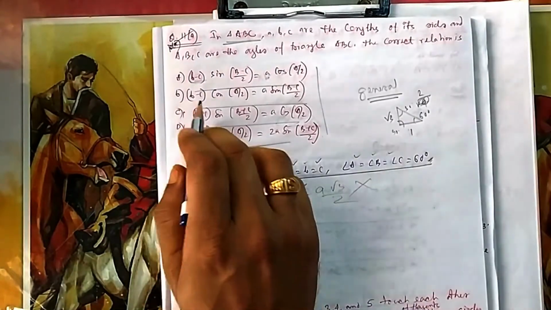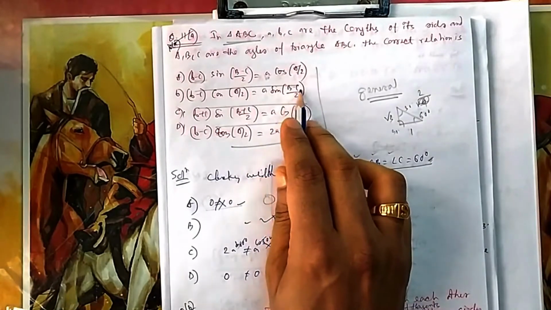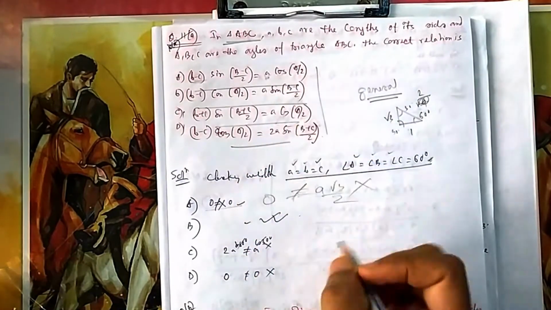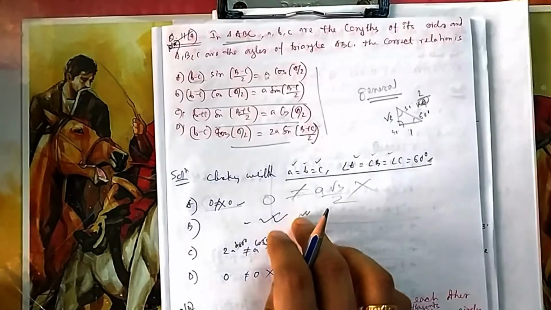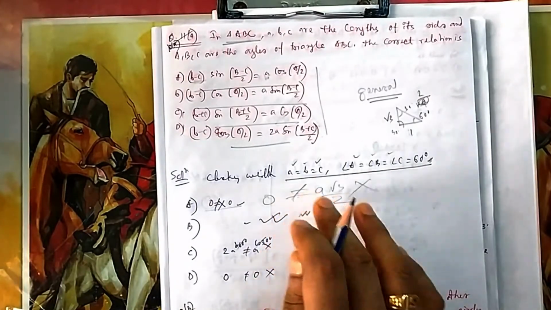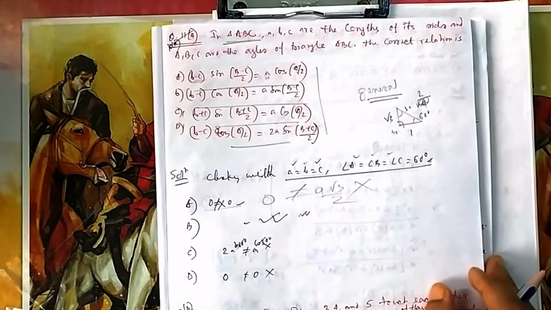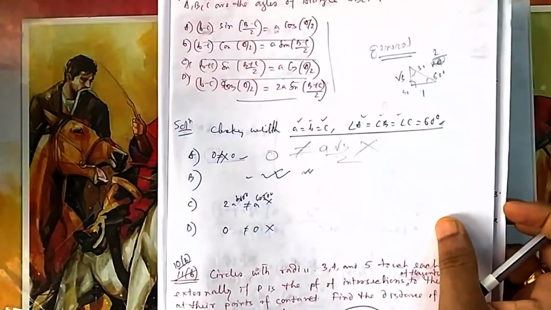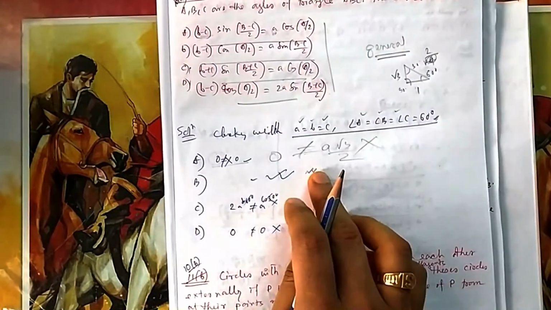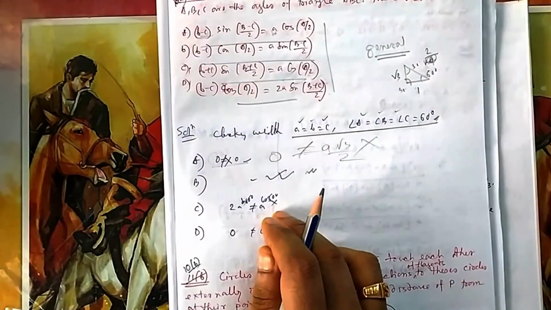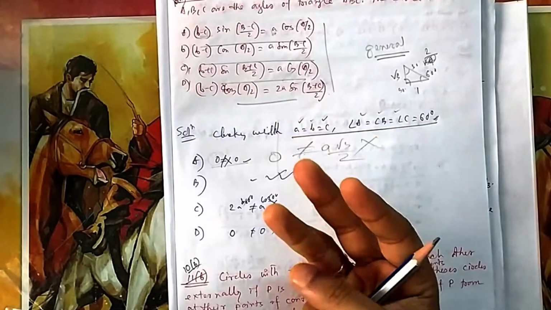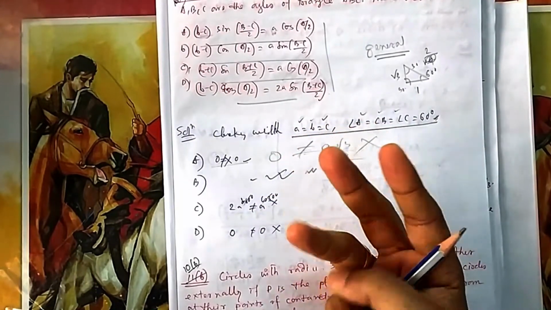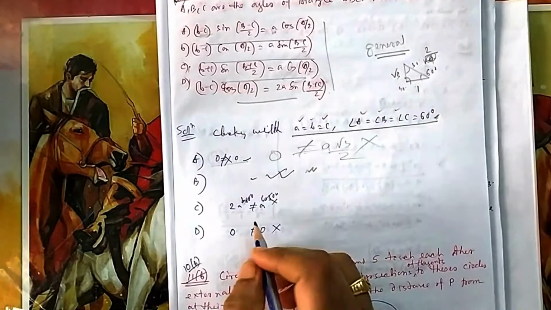Next come to B. This side is 0. Right hand side will be sin of B minus C, that is 60 minus 60, sin 0 is 0. So both sides are 0. It can be. I am not finally giving the answer, because if you are eliminating options, you are not getting the correct answer, you are eliminating wrong answers. So that's why it is not the correct thing now. We need to eliminate other ones. I eliminated one. I need to eliminate any other two also. That's why if I eliminate 3, then the left one will be correct for me. C.